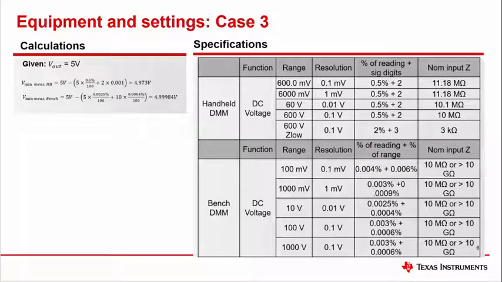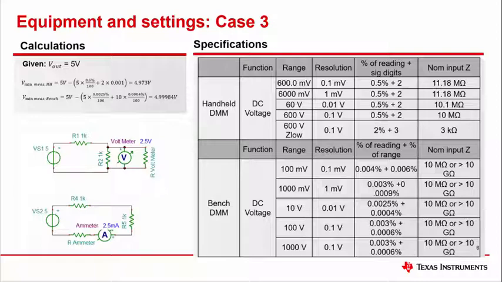You can increase the accuracy and precision of bench DMMs by increasing the time the DMM takes to make a measurement. During the longer sampling time, the DMM will take more samples and average them. When longer sampling times are selected, the average of the samples will usually yield a more accurate result by reducing measurement noise. Another source of noise is the 50 to 60 Hz power line noise. The DMM will usually have a way to set measurement time as a multiple of power line cycles. Selecting a bigger multiple will help reduce the noise from the power line.